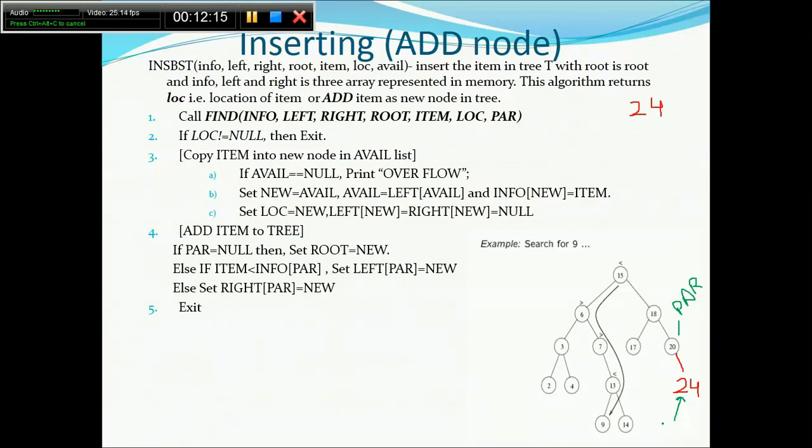One thing I will tell you: the complexity here is only because of this find algorithm. In the rest of the steps from 2 to 4, you're just adding some pointers, left and right, nothing else. The complexity of insertion would be order of n in the worst case when it is a skewed tree, or order of log n base 2 when it is an almost balanced tree, that would be the average case. So the time complexity would be order of height of the tree.